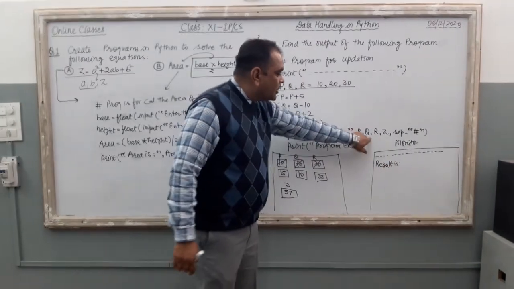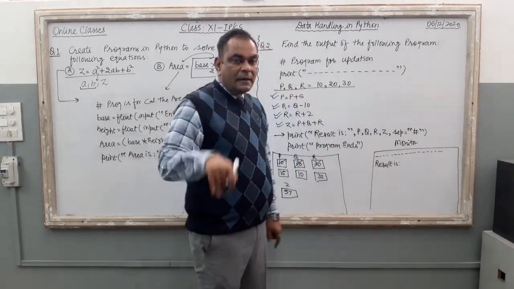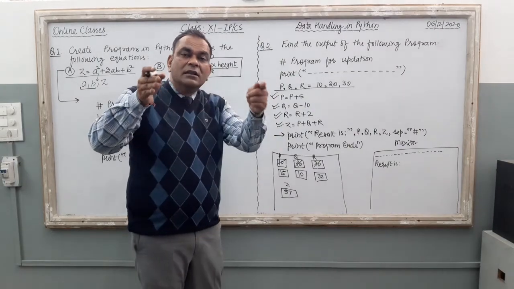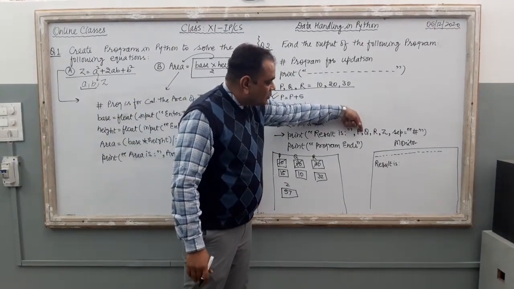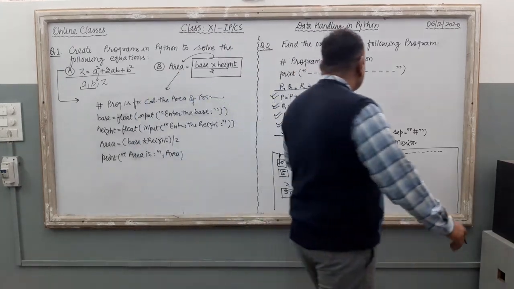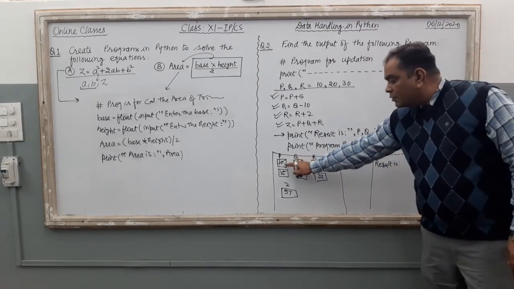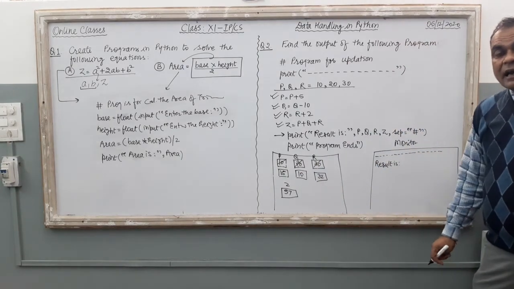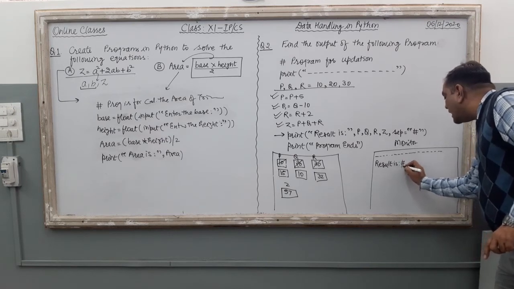Then P, Q, R, Z, all four values are printed, and the separator is hash. Separator means the computer is going to put the separator in between all the content of your print command. One separator will come here, then a second, third, fourth. So what result is coming here? See, result is P. Very first the computer is going to show the value of P. The old value of P was 10, the new value is 15. What will be printed? The computer will show the latest value of P, and it is 15, with the hash symbol.